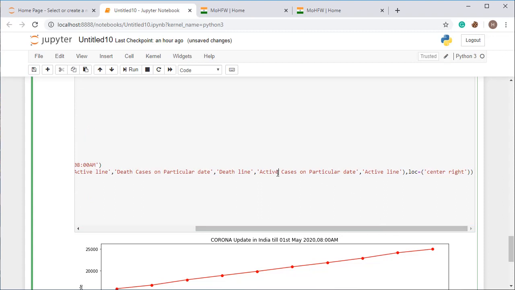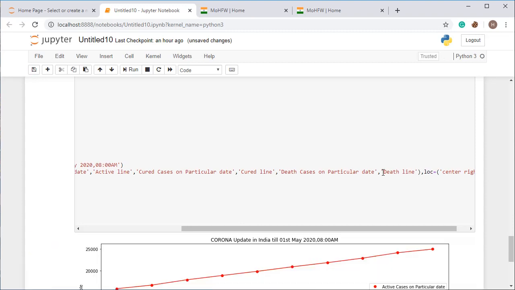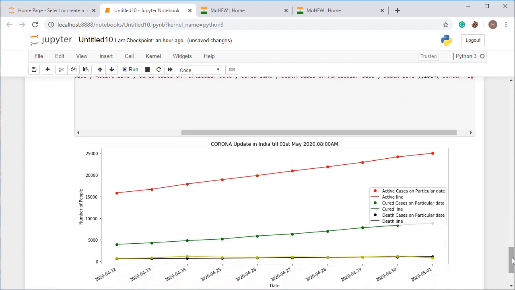After death we have plotted, sorry, we have first placed the cured, so write in the same pattern, otherwise you will be displaying the wrong data. So this one is cured, and then after that we have displayed the death, and in the last we have decided to show the difference here. So put it here, death. Now you can see that all the things have been added here. So this one is the death case.